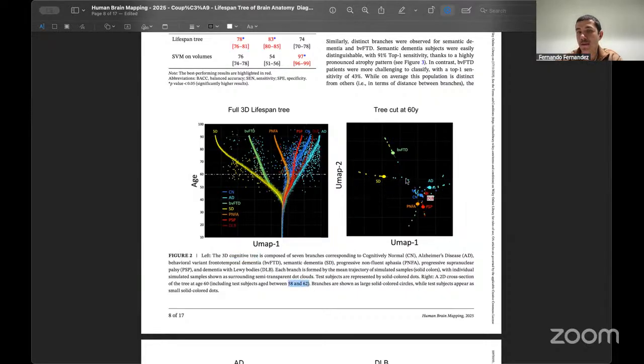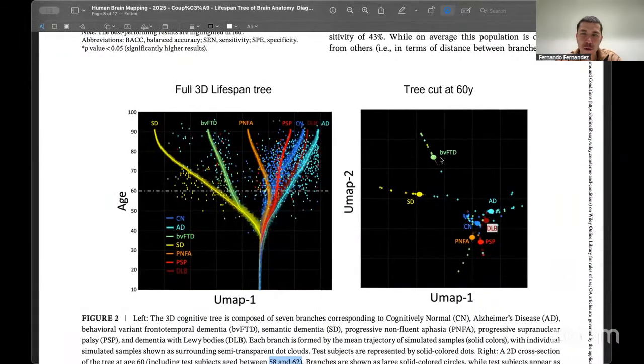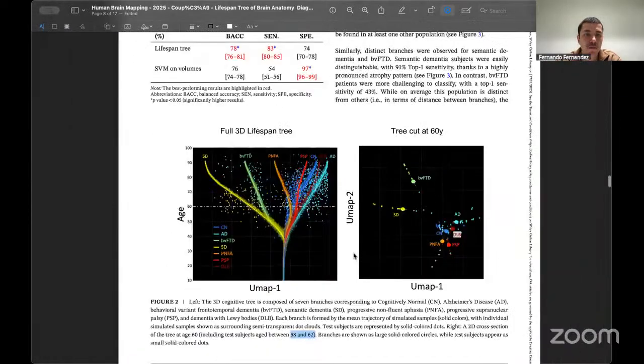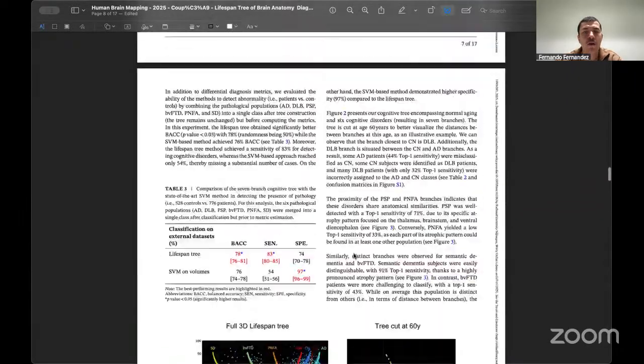So it seems this is just to visually show how accurate or not this may be on visual terms. So for the green, it seems like the green points kind of fall close to their model trajectory, although some green points seem to still be scattered, Alzheimer's disease in blue. This is just the visual representation, because then they also